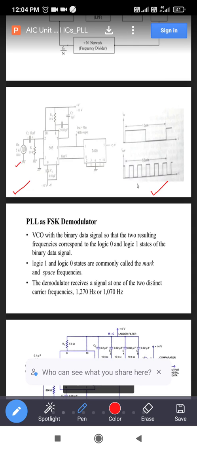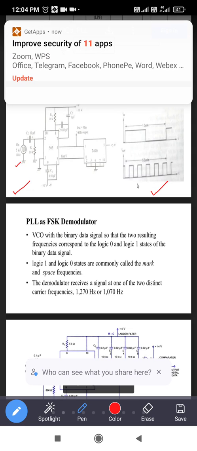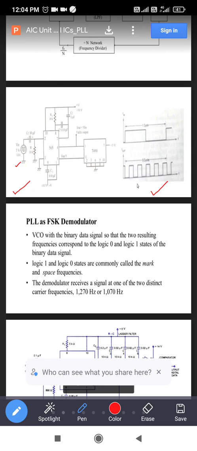Then the frequency is given here, 1 kHz. An example is shown. Pin number 10 is connected to positive 10 volt. Pin number 1 is connected to -10 volt. Pin number 9 is the external capacitor C1, that is 0.01 microfarad. Pin number 8 is the external resistor, that is 10 kilo ohm selected.